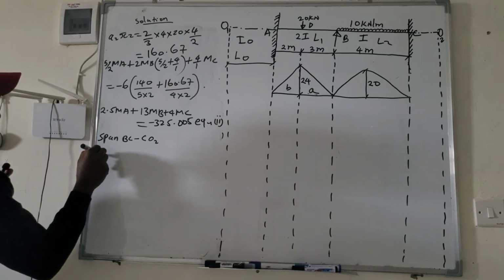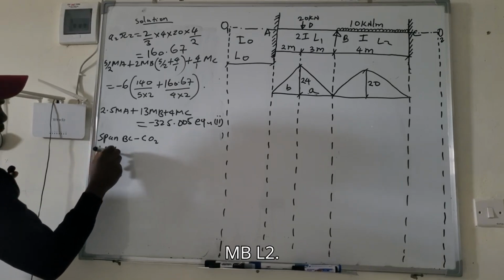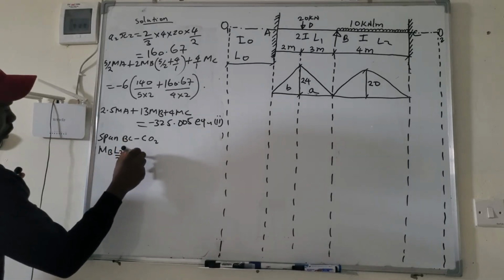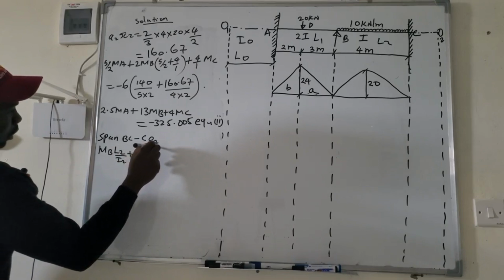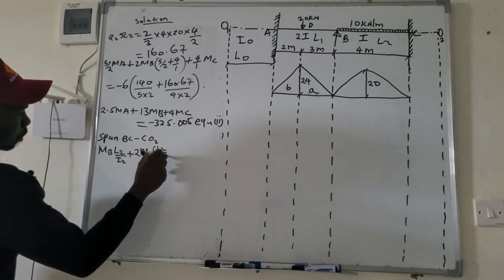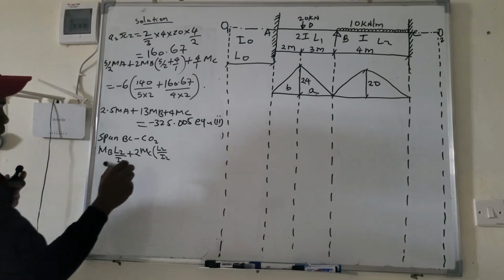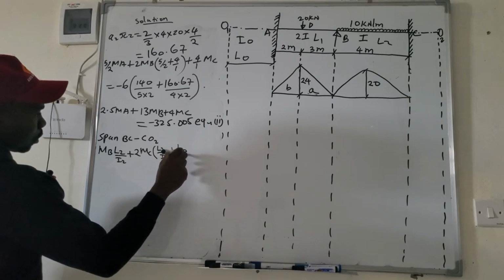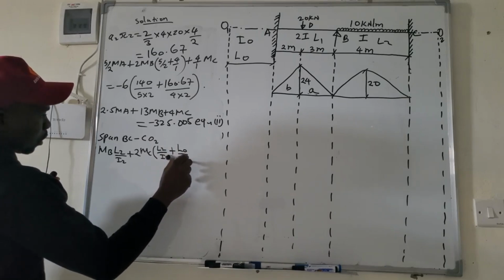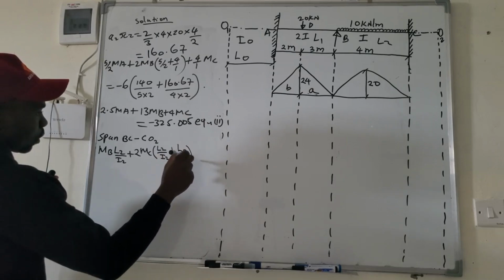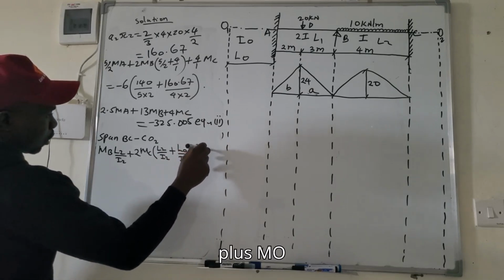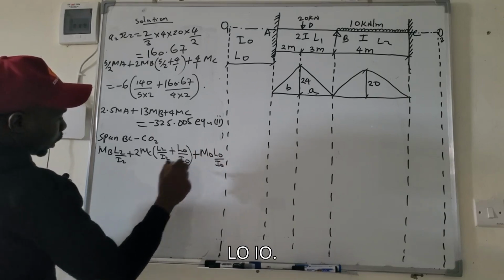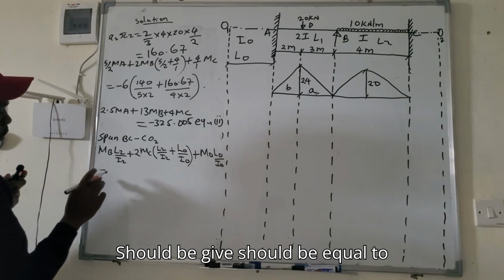So we'll have MB L2 I2 plus 2 MC into bracket L2 I2 plus LO IO plus MO LO IO should be equal to